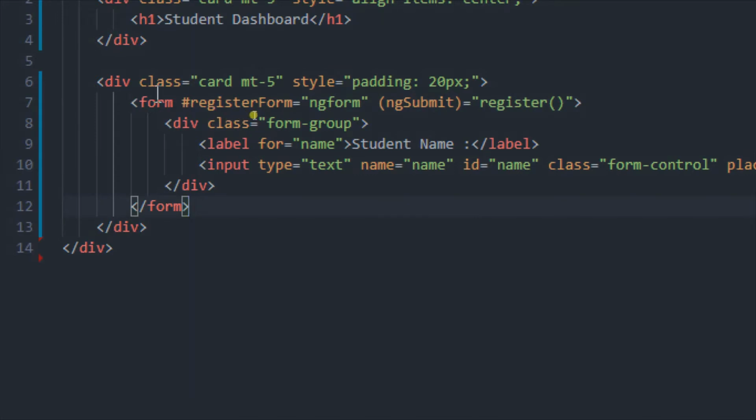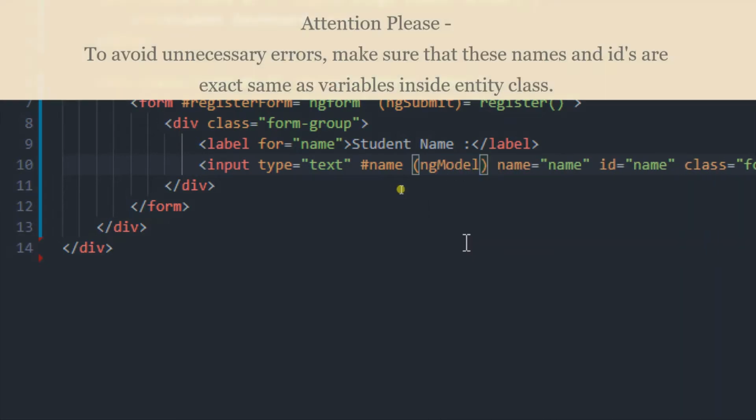Now we have given this form the name register form, but we also need to associate these input fields with it, because we are specifying this form. We need to specify that this particular name field is part of this register form. So for that we need to first write hash name and then ng model equals name.